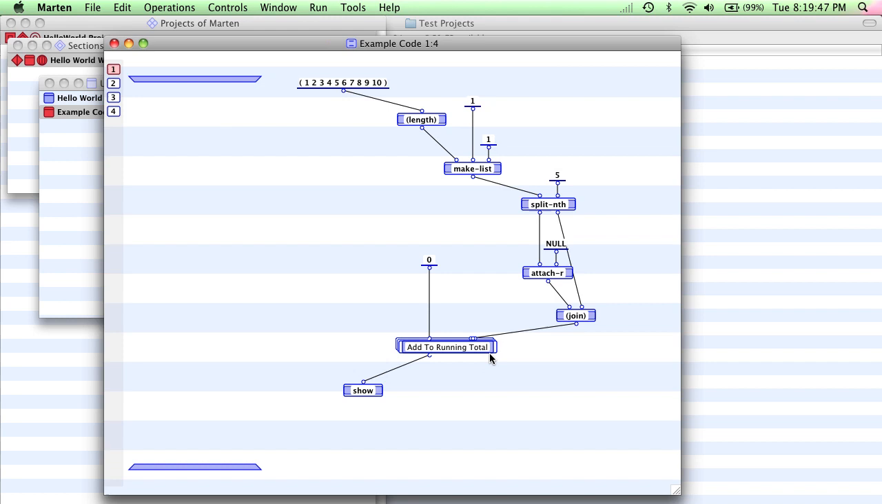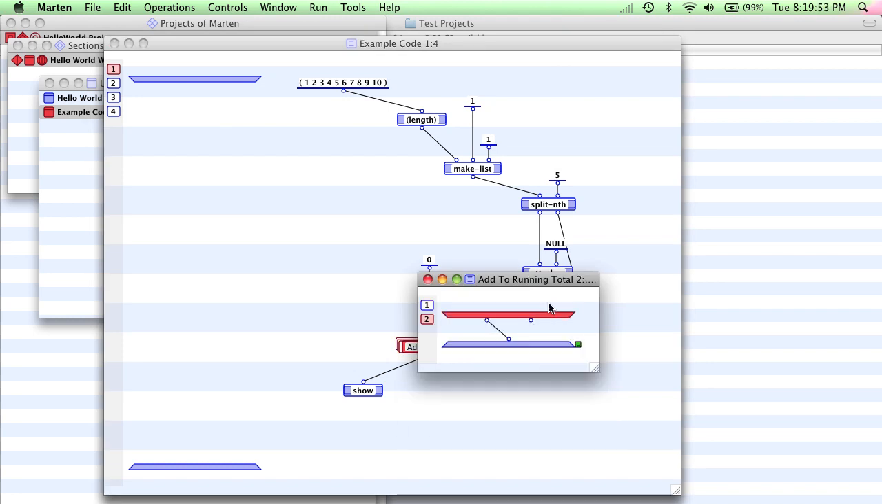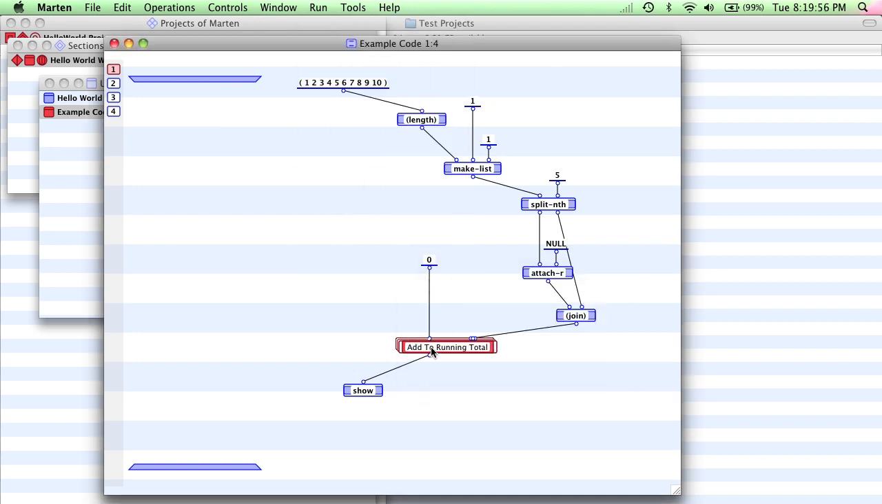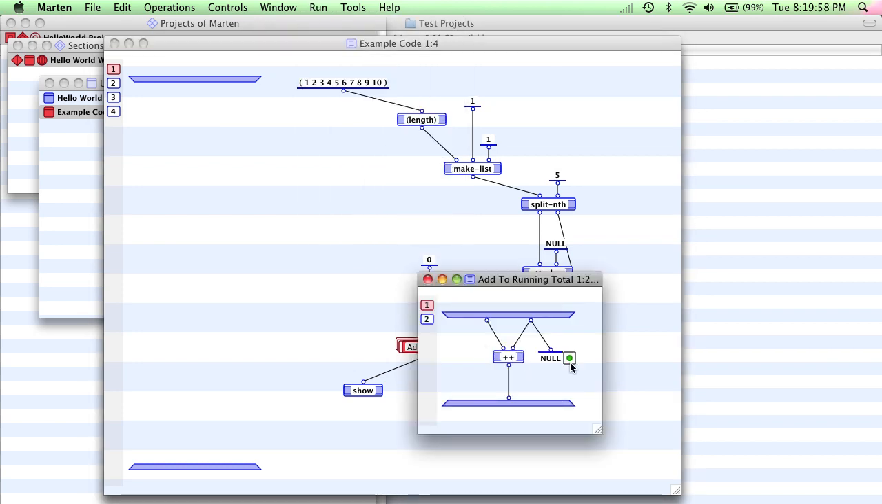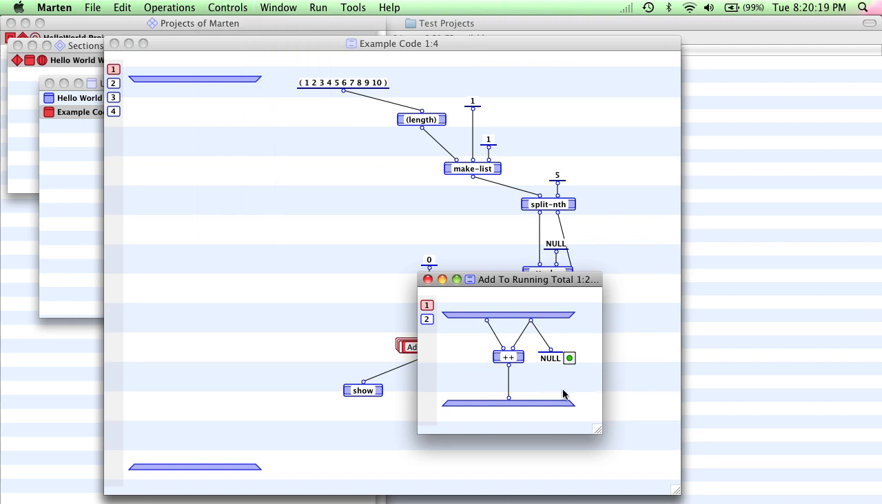Well, you know what? Just to check on things, I'm going to go to the next case by using the arrow key and put a breakpoint in there. Let's just make sure things are going. Now, if it got to here before executing this match, we'd be in trouble. Typically, when you add any kind of next case control annotation, such as next case, continue, terminate, and so forth, the Marten editor will resort the operations so that this will come before that